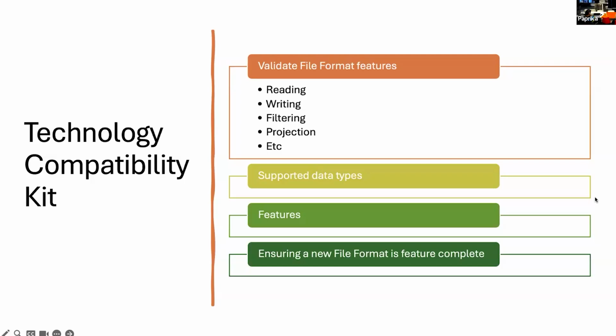data file. And if this Java format model is provided for any Java implementation, engine implementation, it's implemented by them, then we can make sure that all of the features are implemented. Or we can say that V2, V3, or other level of compatibility is there. So it will go through all of the features, all of the data types. So it could allow us to ensure the new file format is feature complete, or everything is there.